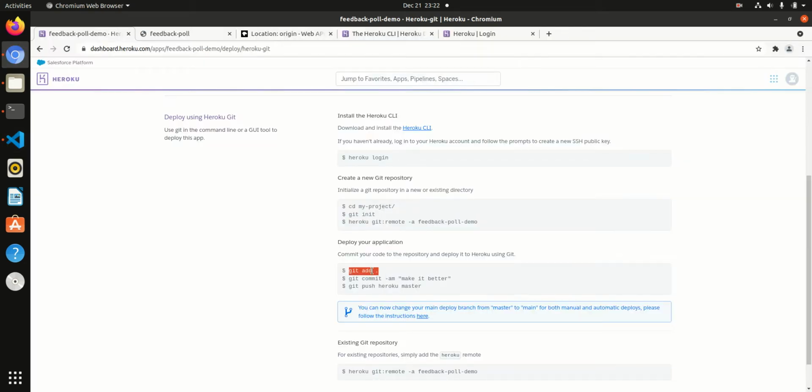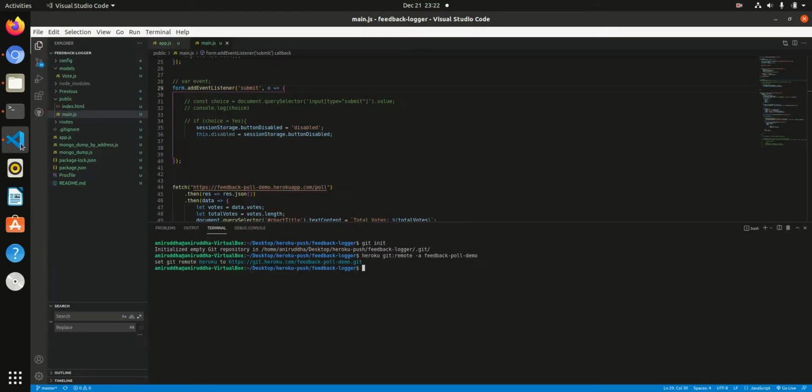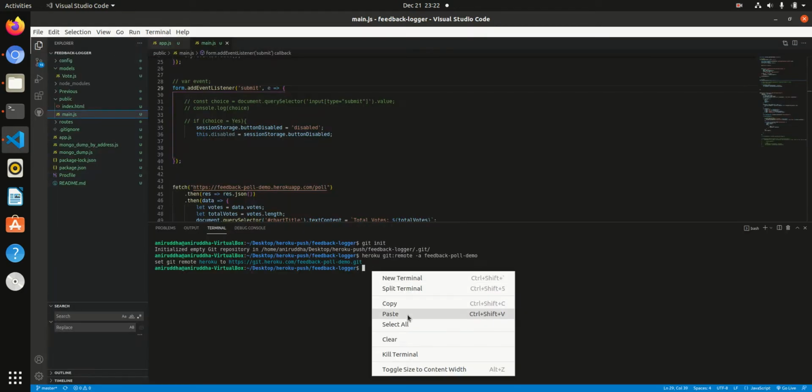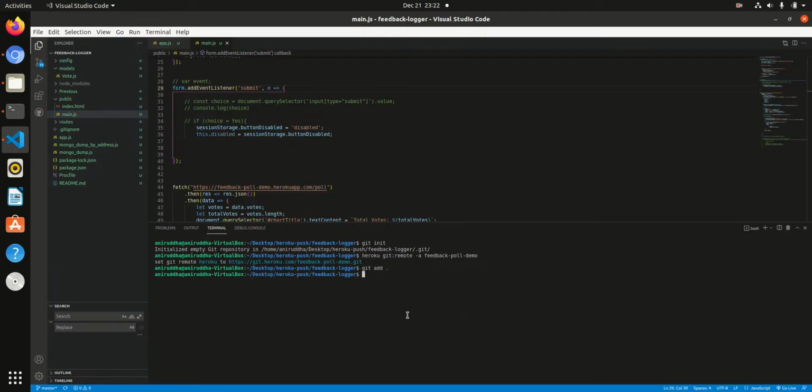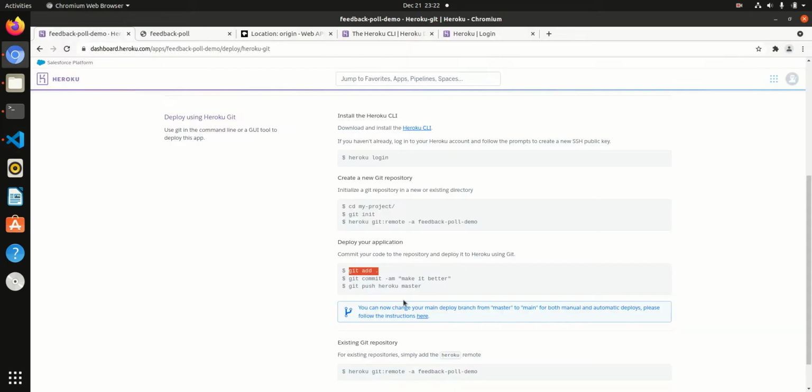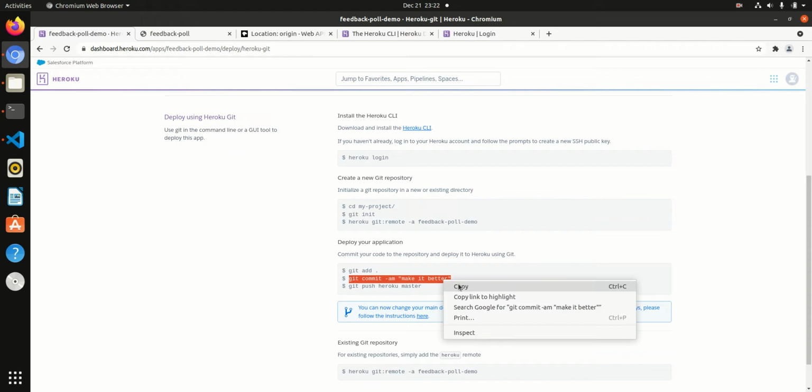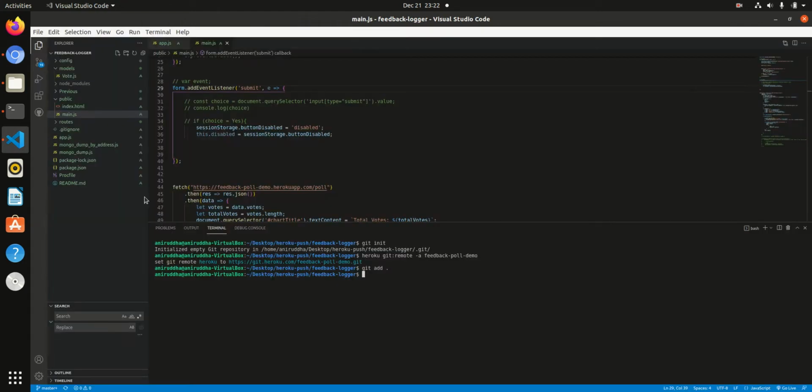Once that is done, we will add all the files that are present, and we will run a commit. Just run git commit -m pushing node.js plus 2.